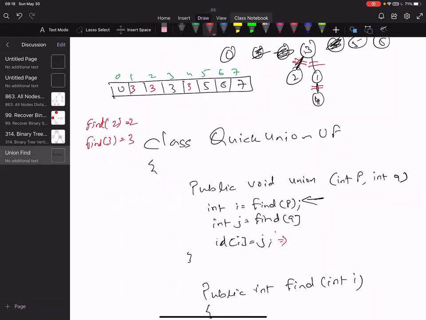Suppose 3, 2 is coming. We make 3 the parent of 2, okay? Then 1, 3 is coming. We make 3 the parent of 1. Then 4, 1 is coming. You can make 1 the parent of 4. So if you go to find, we are going to find the parent of P and the parent of Q, and then you are uniting them. So I'm thinking whether we can do it without that. So union will become O of 1.